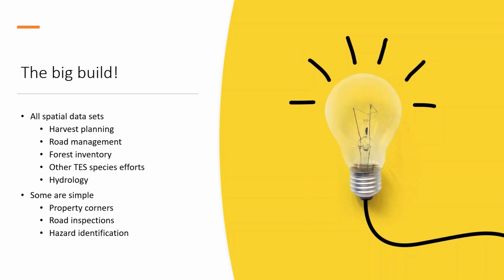But I also want to recommend, and Scott's going to talk more about this, that you build some simple applications that are easy to get user buy-in, that get people excited about what you're doing. One for us was an application that allowed us to quickly let people record property corners they've located and send them back to our central database. So we now have a feature working on everybody's data, and that allows us to refine our property boundaries. And that's a big deal for us because it's something we've not been able to easily do. Now we have the technology to do that.